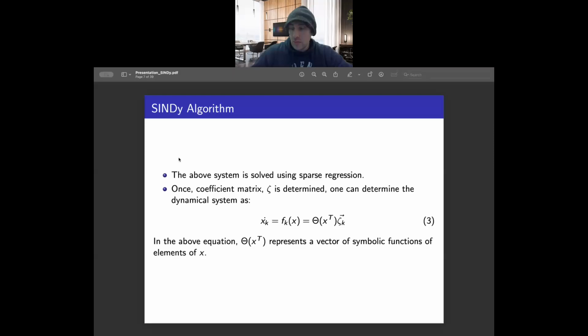Once we have solved this regression problem, depending on those nonlinear functions that you have selected, you get that xk dot, which is one of the equations that we have, represented as a linear combination of those nonlinear functions. And only those are chosen depending on that algorithm, or on the threshold that you have selected. What we get is that x dot is written as a linear combination of these nonlinear functions, and the nonlinear functions come from that augmented library that we have already constructed.